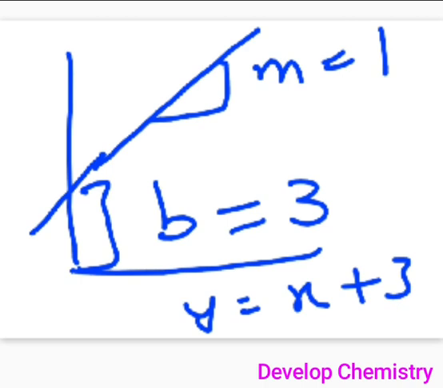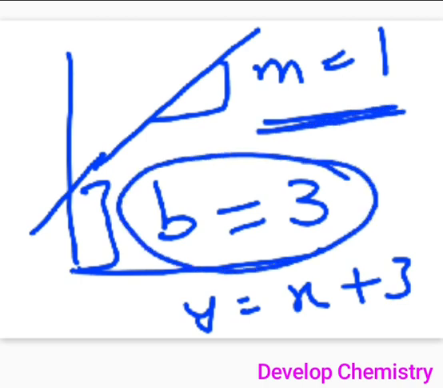Is it okay? So, I hope you are clear with it. So, what are the things which you can evaluate from this particular concept? One is you are in a position to find out the equation for the line of best fit, right? Secondly, you are in a position to find out the slope of that line, and you can also find out the intercept of that particular line. Okay. So, now let us move to the related question.